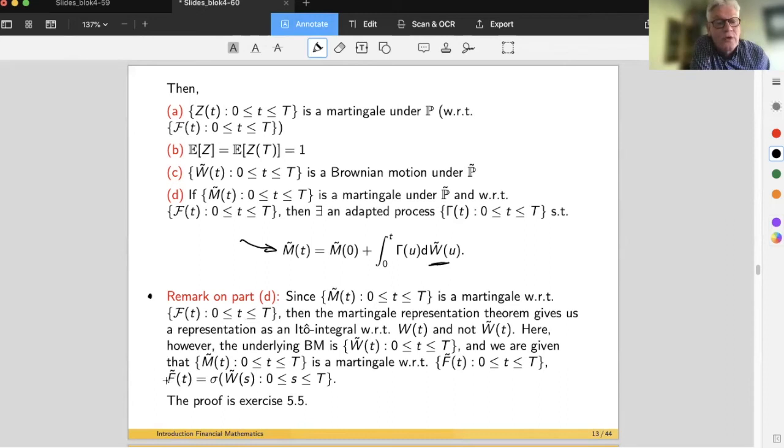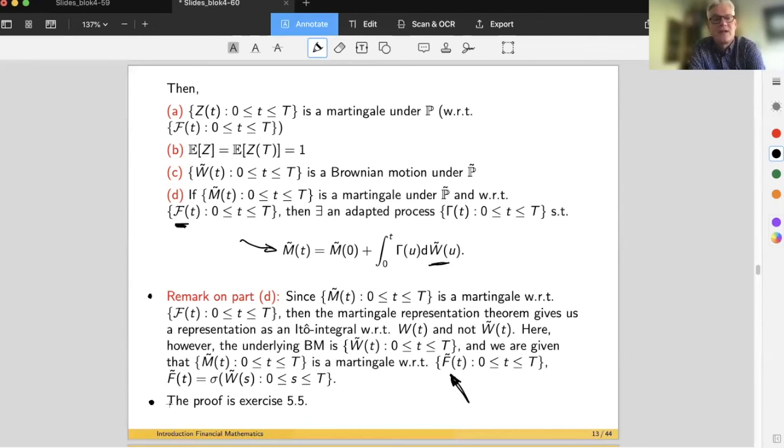And that is, of course, F tilde T, the smallest sigma algebra where W tilde S is measurable for S less or equal to T and greater or equal to 0. So you see the discrepancy. We have a statement based on filtration F, but we are in fact dealing with a filtration F tilde. And this technicality is resolved in exercise 5.5, and that exercise will be dealt with in one of the exercise